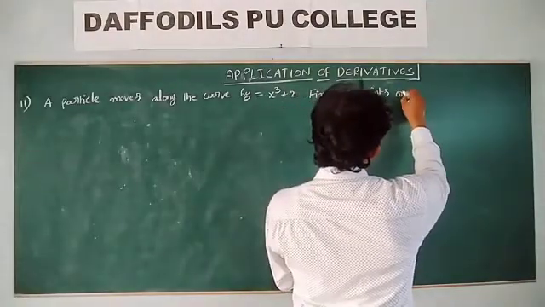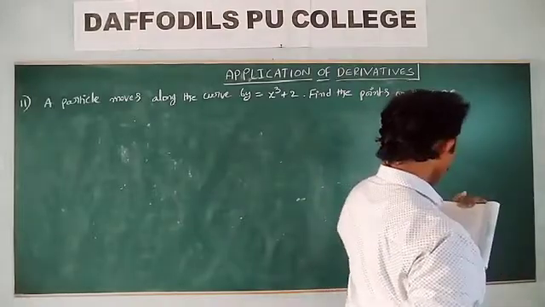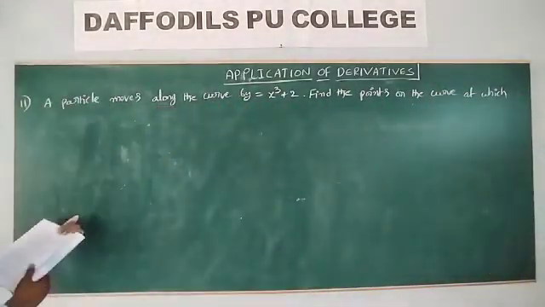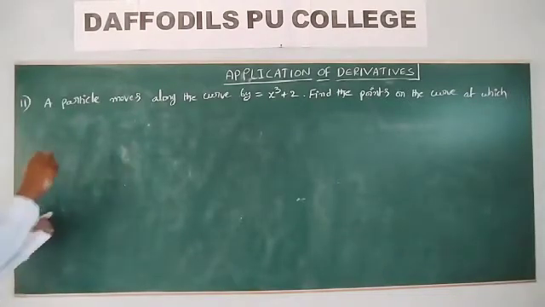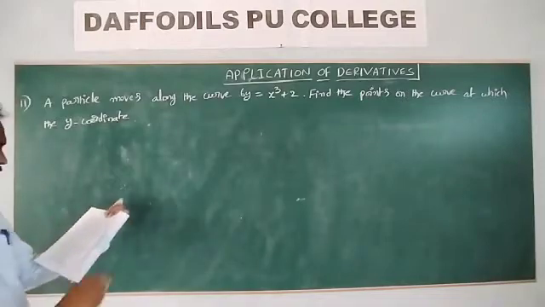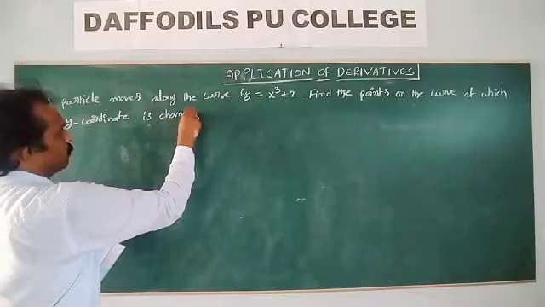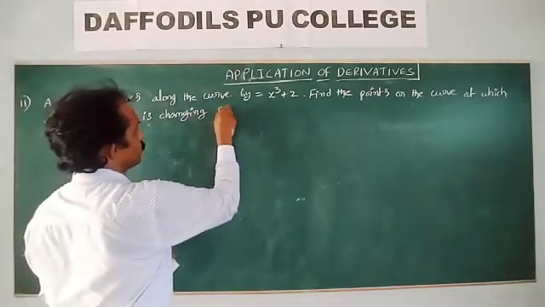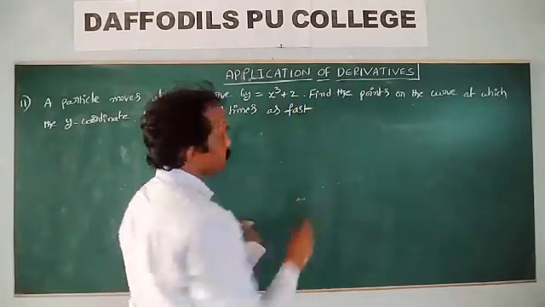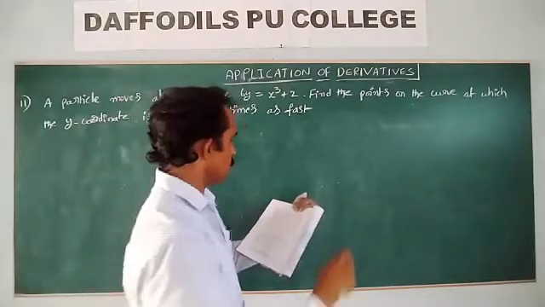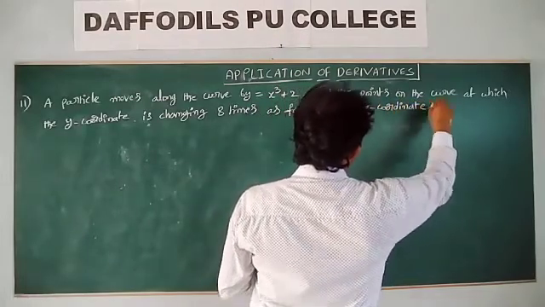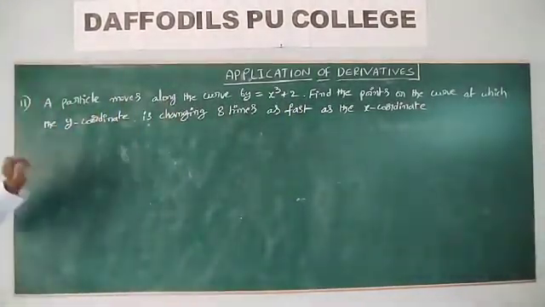Find the points on the curve at which the y coordinate is changing 8 times as fast as the x coordinate. Okay. A particle moves